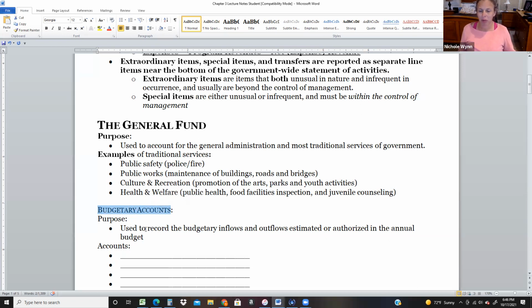And the reason is because we have to be super, super careful to not overspend. We have a certain amount of money per function, and we are not allowed to spend more than those amounts. So we have to make sure that at no given point we spend more than what we have allowed for a certain item. So it's used to record the budgetary inflows and outflows estimated or authorized in the annual budget. So the actual budget gets approved, and then we set aside money